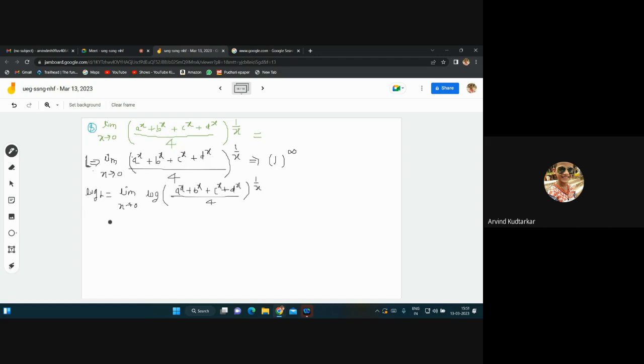right? तो log of m raised to n आप कैसे लिखते हो, 1/n into log of m, मतलब ये आप कैसे लिखोगे, देखो limit as x tends to 0, बराबर, log of (a raised to x plus b raised to x plus c raised to x plus d raised to x) अपॉन 4 है ना, log of a by b आप कैसे लिखोगे, माइनस log of 4, है ना, ये 1/x यहाँ पे मल्टीपल होगा ना, तो 1/x इंटू log of m होता है,